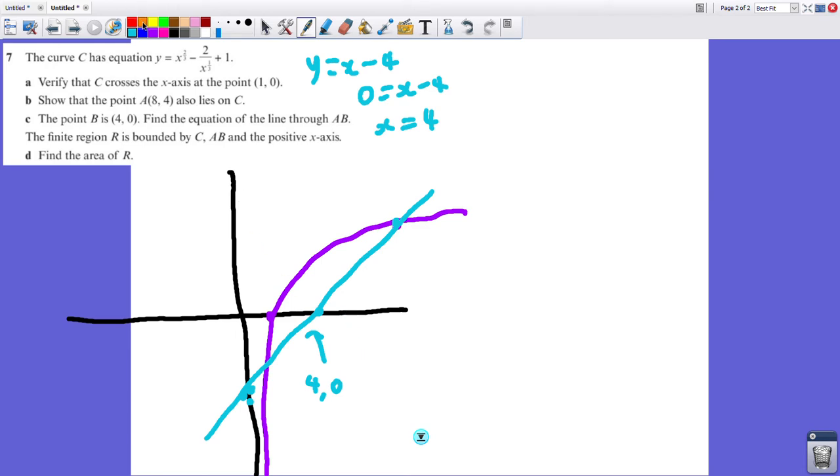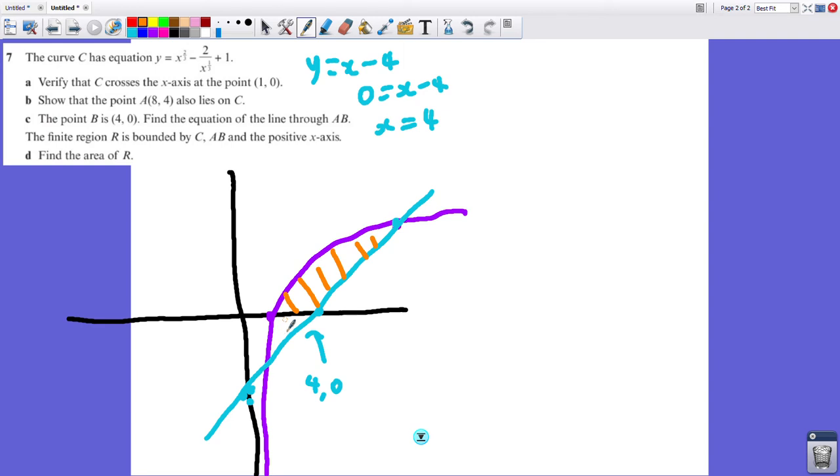Alright, so the question wants the region R. The region R is defined as the region bound by the curve, the line, and the positive x-axis. So think of being bound as being surrounded by those particular things, like a country surrounded by those particular borders. So this seems like it would be the region R, because it's surrounded by the curve, the line, and the